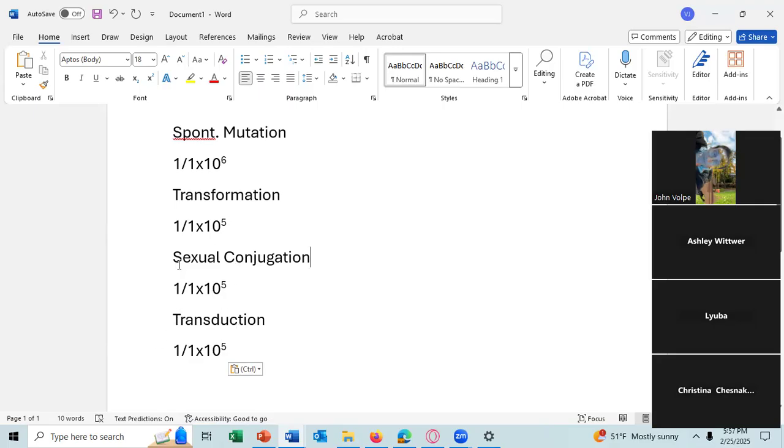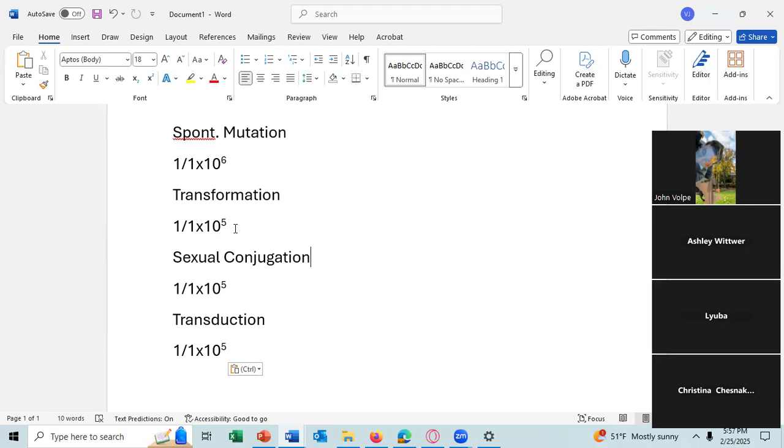Sexual conjugation is really specific to bacteria. We are a sexually reproducing species, which shares a lot more DNA between two individuals to have the offspring than sexual conjugation does. But in bacteria, sexual conjugation is important because genes can leave one cell and then enter another cell. And bacteria, if you don't know, don't undergo sexual reproduction. And then transformation happens in bacteria,